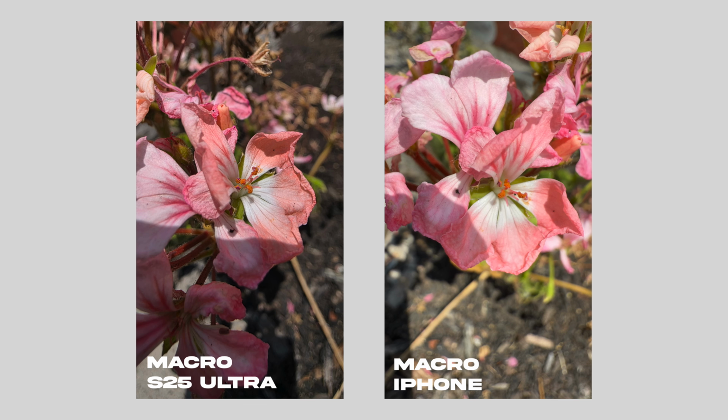So macro mode is nice when you are taking photos of things like maybe bugs, plants, something that you do want to get close to and get a lot of detail. But I would wager that this mode doesn't really matter to a lot of people and is not the deciding factor on what phone you're going to buy. I mean, I could be wrong. It might mean something to you. So let me know in the comments if macro mode is something that you use a lot of, because I